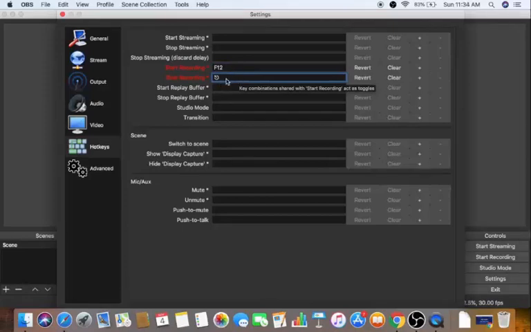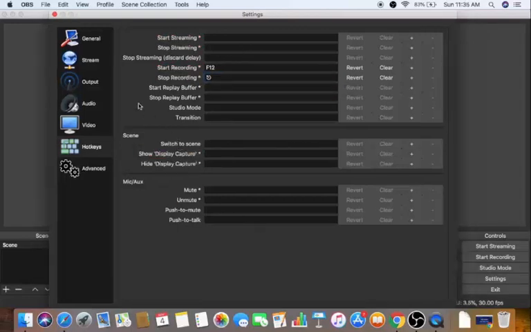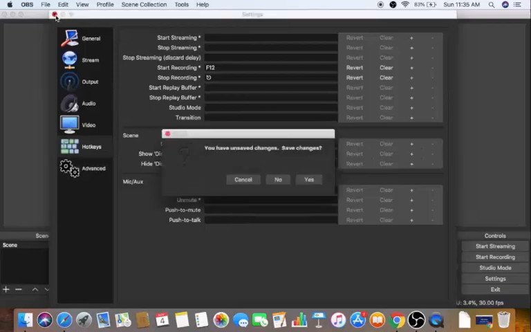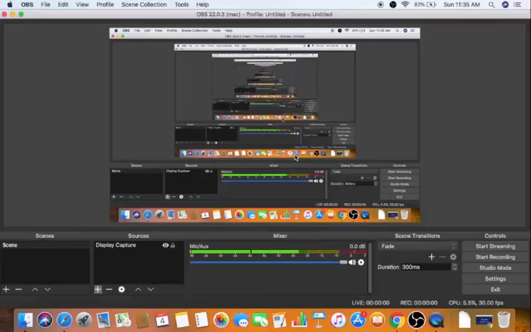So I can just press these buttons, and now I will be able to start the recording using F12, and I will be able to stop the recording using the escape button. And to save all these settings, you can just click on this close button and then just say yes to save all the changes which you have done.